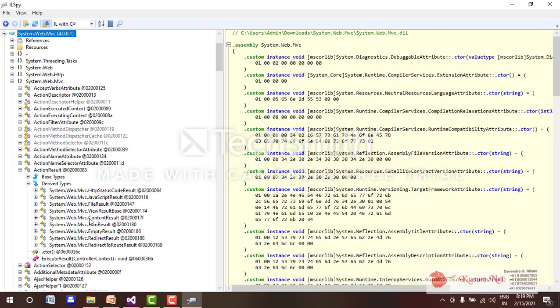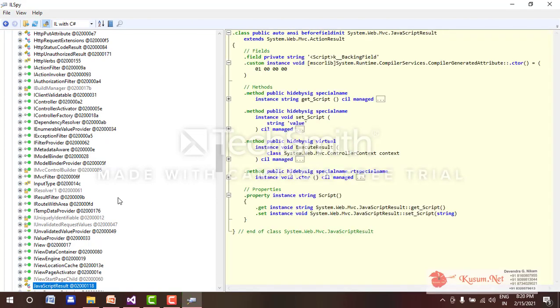You can see file result in the System.Web.Mvc assembly. Now let's check. You can decompile the code of these types, like JavaScript result. If I double click on this, you can see all the decompiled code.